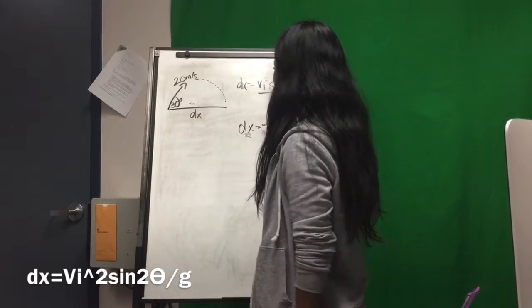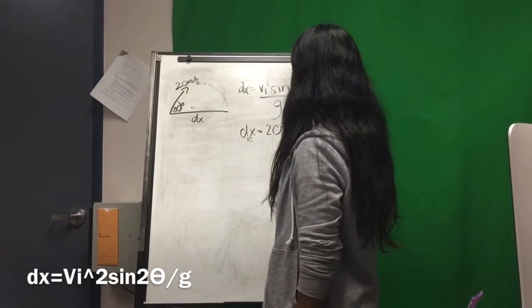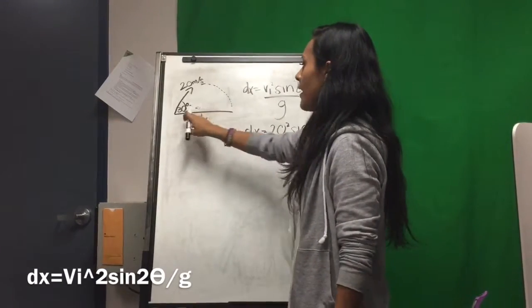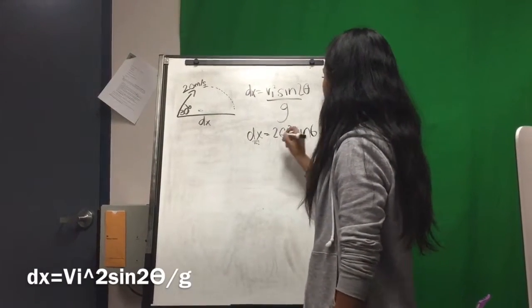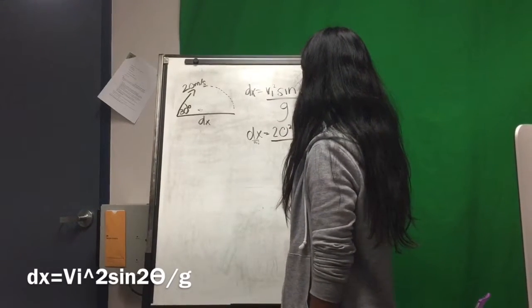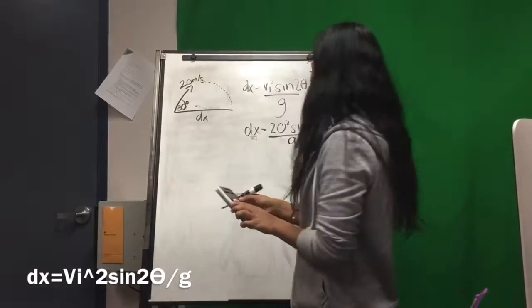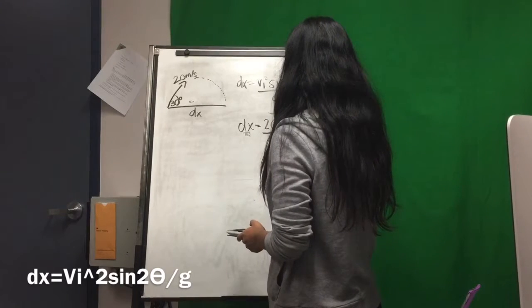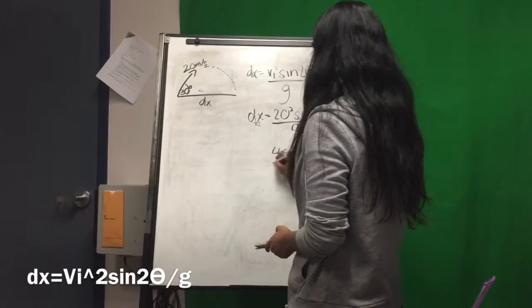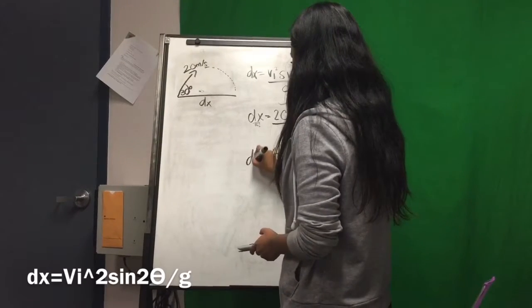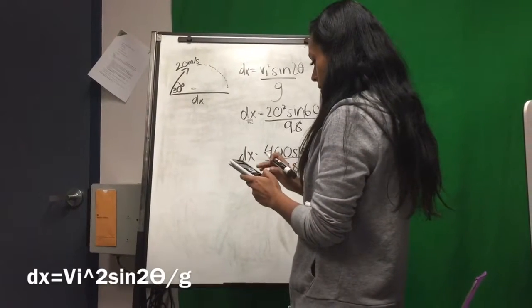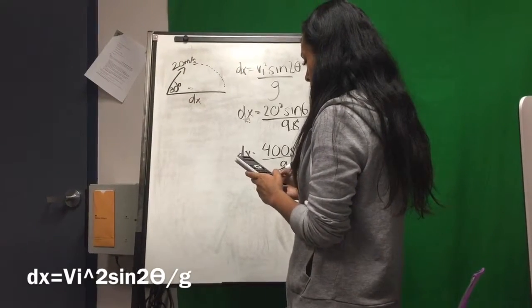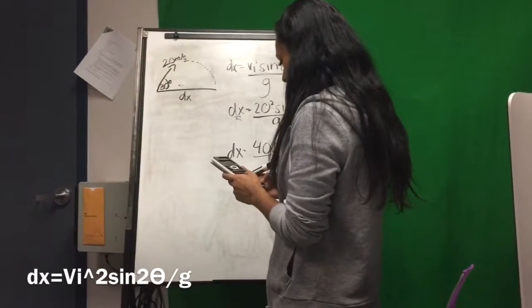In this example, we are given all the terms, so we can just plug this all in. So the initial velocity is 20 squared, times the sine of 2 times the angle. So 2 times the angle is 60, so we can just plug that in as 60 and divide that by gravity, which is 9.8. So if you plug this in, 20 squared is equal to 400. So 400 times sine 60 is equal to 346.4. Divide that by 9.8 gives you